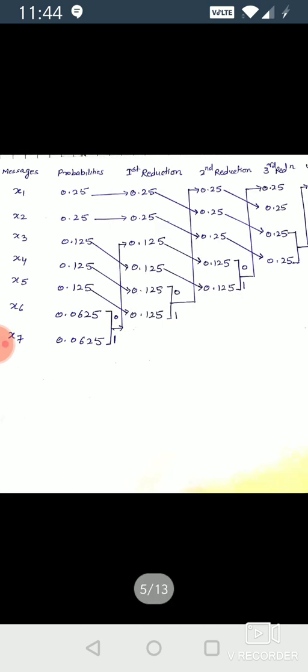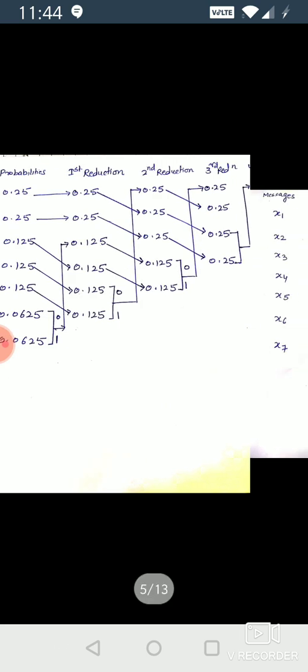In the third reduction, we repeat the same steps. Again, we add the probabilities of the least probable messages, 0.125 and 0.125. The addition is 0.25, and we place it as high as possible. That's why in the third reduction, the summation of 0.125 and 0.125 is on top.